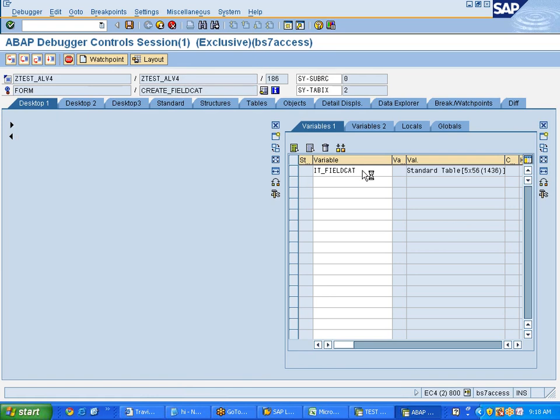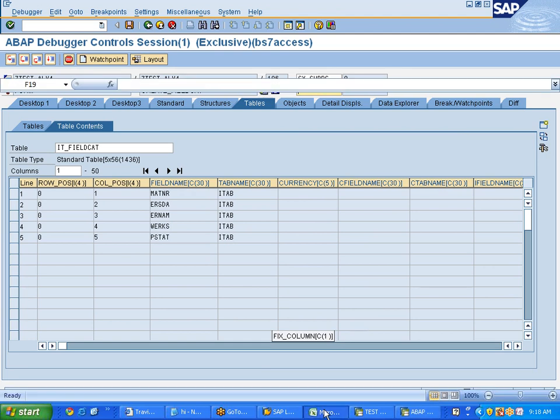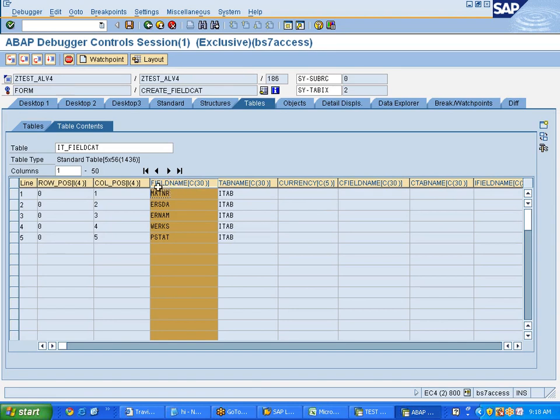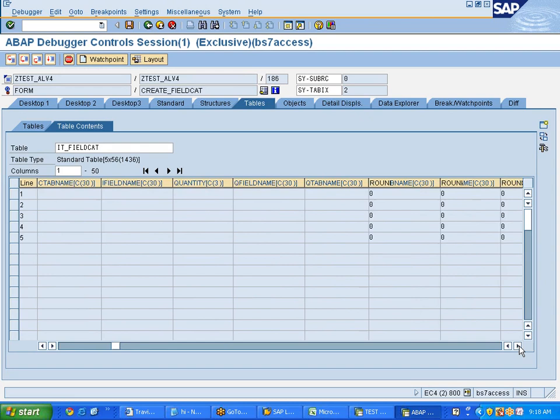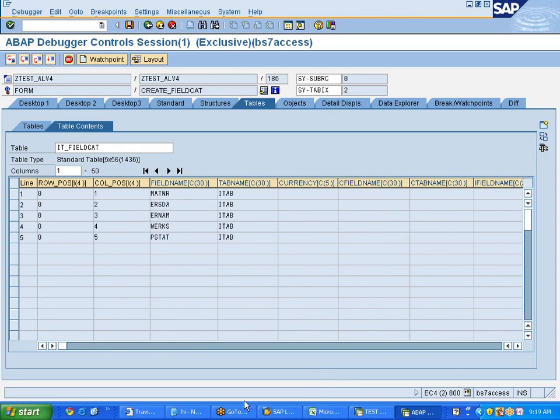Now if you go to the internal table, what is the field name of this particular internal table field? In our case, we have taken name as salary, but here this is a field name, and we want to change the key. Correct? So now what I will say in the read statement: